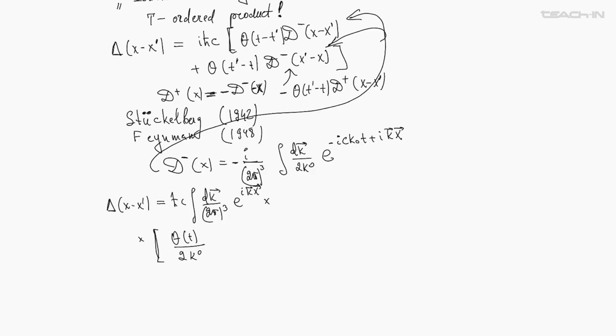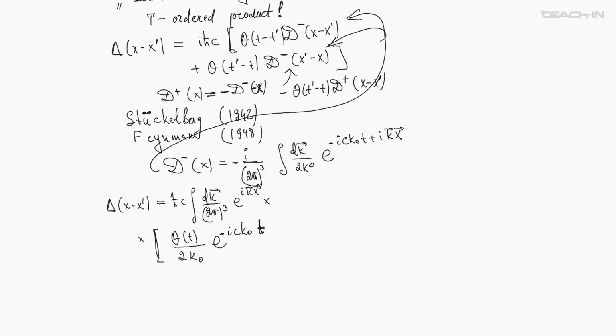And then, well, time is here as an additional variable over which we do not integrate. Time is time. Then we have theta of t divided by 2k0, exponential minus I c k0. Actually, k0 I should write to be completely accurate. I write it with a lower subscript. So with subscript t here, plus, and this is a theta function which takes care of the second term